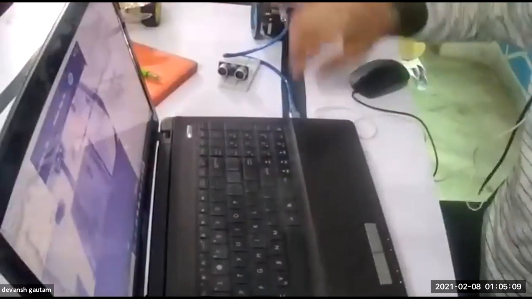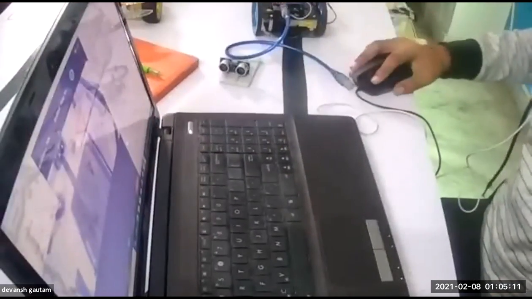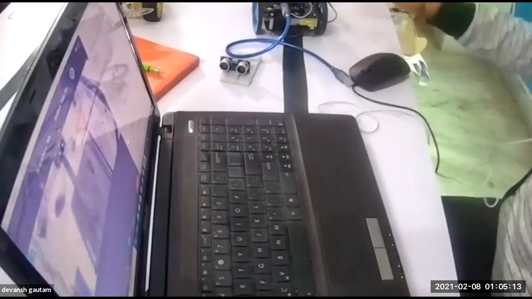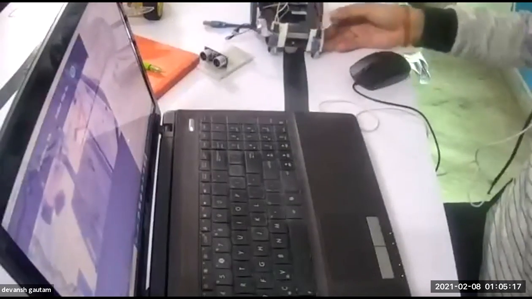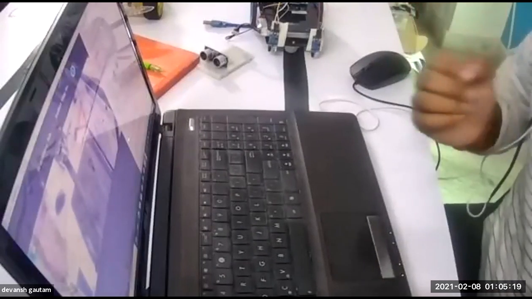Okay. So with the help of 0 and 1, we are going to make a system which can tell in which direction our robot should move according to that 0 1, according to that line.